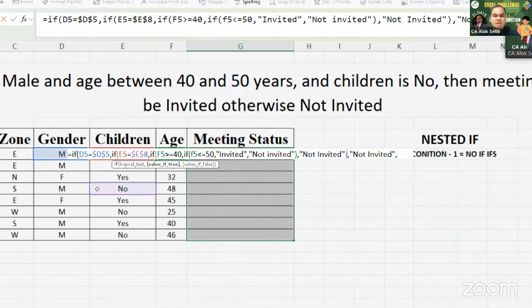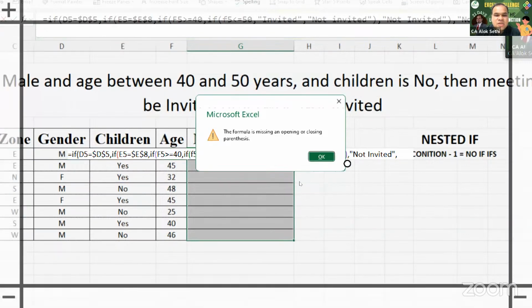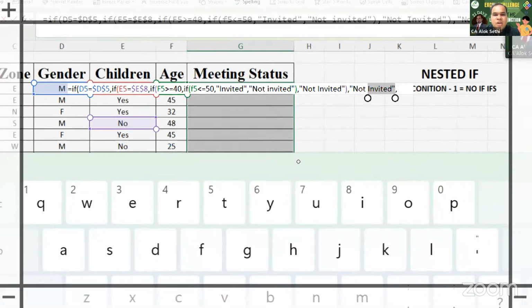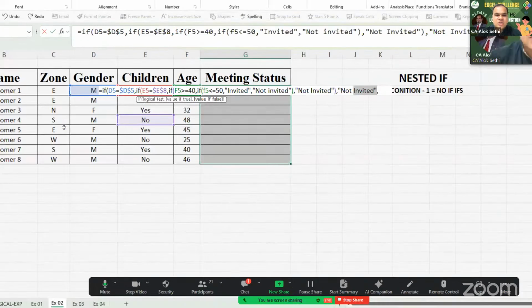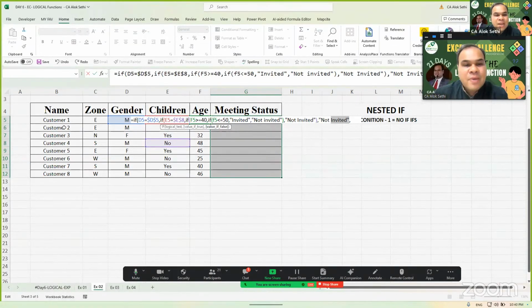So what we are doing is, now understand, जिनको complicated लग रहा था एक बार देख लो हमने क्या किया, इसको उल्टा चलते हैं अब। पहला लास्ट वाला जो इफ था उसका लॉजिकल टेस्ट रखा, लास्ट कंडीशन रखी, वैल्यू ऑफ ट्रू और वैल्यू फॉल्स रखा। उसके पहले आए तो पहले वाला था चिल्ड्रन, चिल्ड्रन का हमने लॉजिकल टेस्ट रखा कि इफ इट इज नो, देन उसका वैल्यू ऑफ ट्रू विल बी टू चेक द लास्ट कंडीशन, ठीक है। बट वैल्यू ऑफ फॉल्स विल बी नॉट इनवाइटेड, तो ये मैंने नॉट इनवाइटेड करा, एंड देन आई हैव टू क्लोज द ब्रैकेट फॉर दिस आल्सो। देन थर्डली, द फर्स्ट कंडीशन जो पहली बार चेक हो रहा है उसका भी अगर नॉट है तो नॉट इनवाइटेड आना चाहिए।